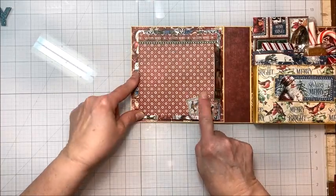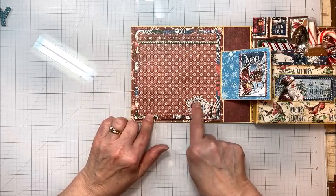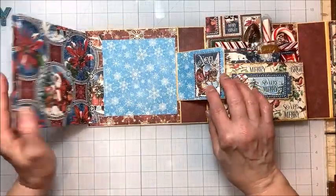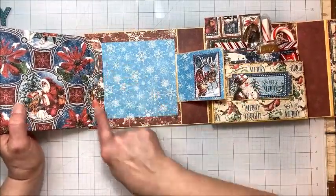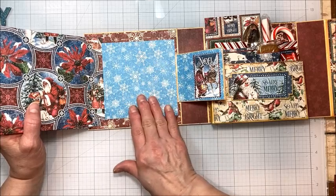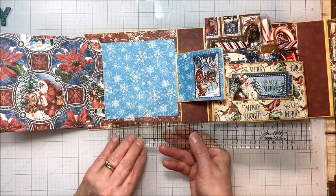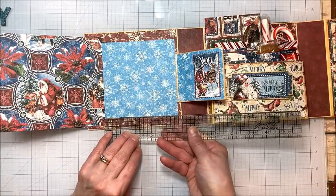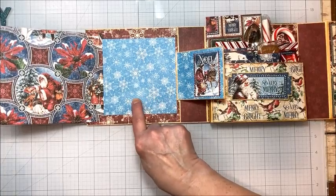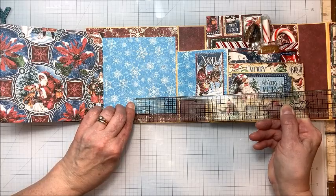So there's our magnetic flap. And to cover the magnet, I've just put down this 5x5 piece of patterned paper with 2 of the stamps. I've decorated our little mechanism here, and the way you do this is on this back panel, we've got that little flap, right? So to make this look more uniform, I cut this panel of cardstock, and this is 4 3/4 by 4 3/4. Before I glued this down, I took this little flap, and this is just a piece of scrap paper that I had. The width was about 6